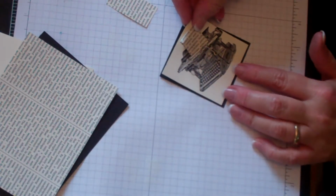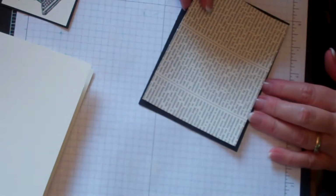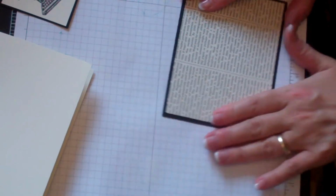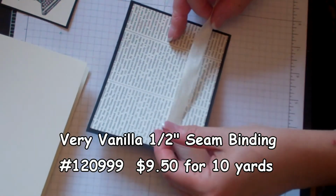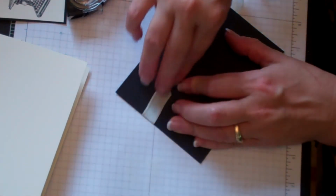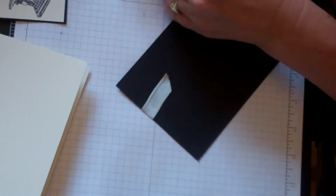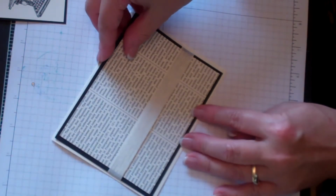Then I want to attach this to my black piece. I've just got a little frame around this. And then it's pretty simple. Just put your piece of first edition paper on your black piece. Then I've got some seam binding ribbon. I find this really easy to work with, and it also looks kind of vintage, just like the images in the stamp set. And then come out that to your Very Vanilla card front,